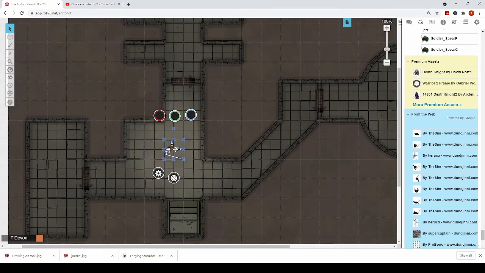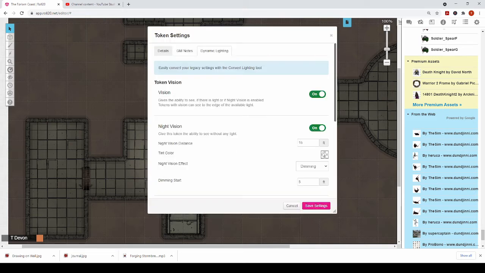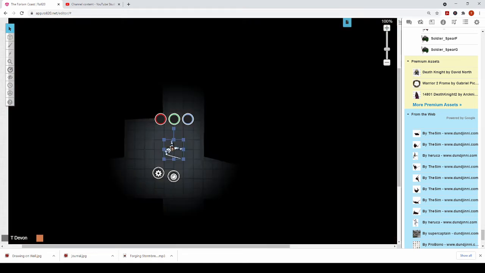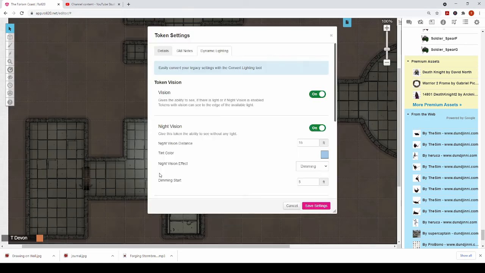15-foot radius. To further make it visually interesting, you can add a little bit of a color effect. So I'm going to use this sort of light sky blue. Now when I hit Control L, when it's in night vision, it visually looks different than if it is seen using regular vision. And so I kind of like to use that effect at times when I'm setting tokens up for my players. I could also take that off and